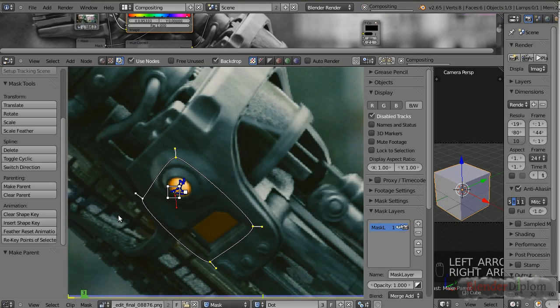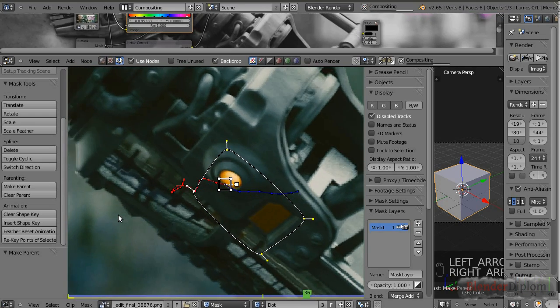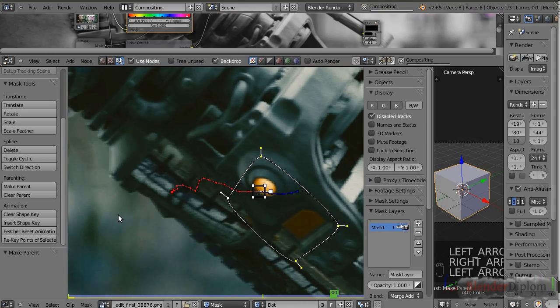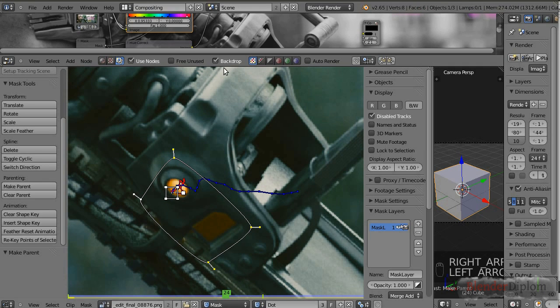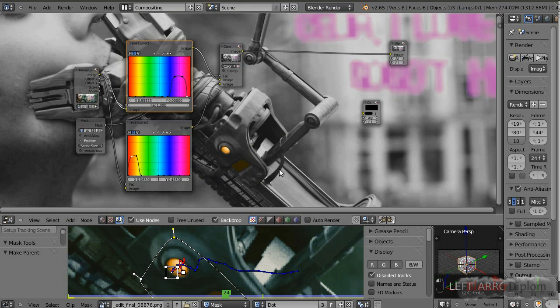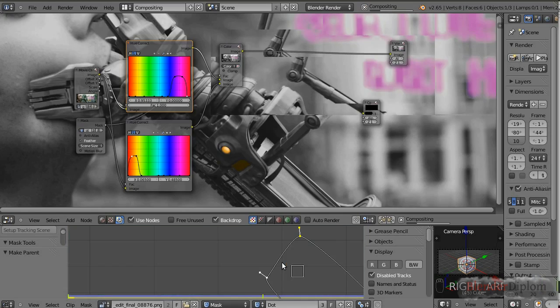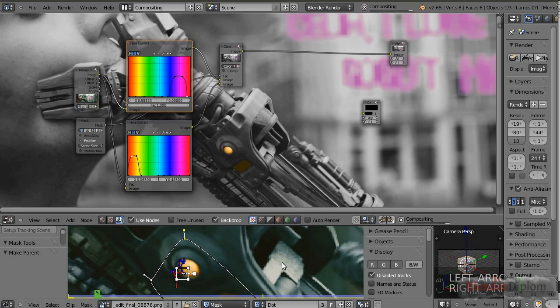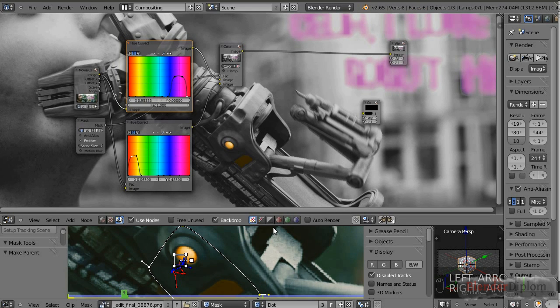And now if I scrub through the timeline, you see that the mask is following the tracker and everything is working out fine. And you can see up there when we're doing compositing, that things are still working fine. So for the next one,